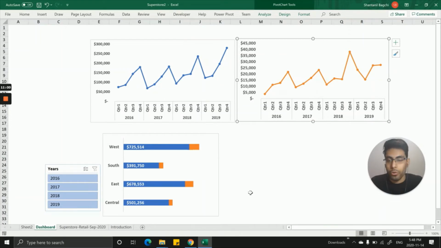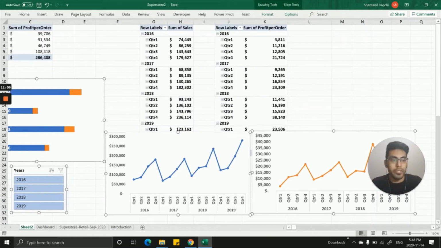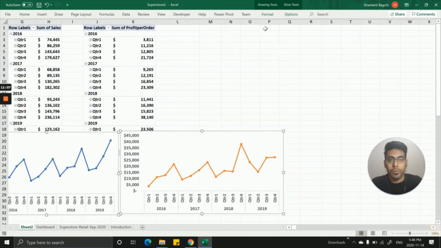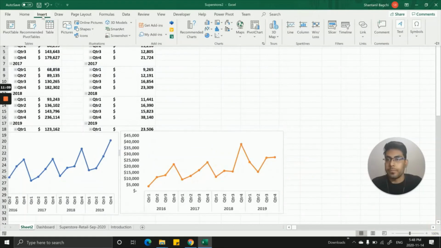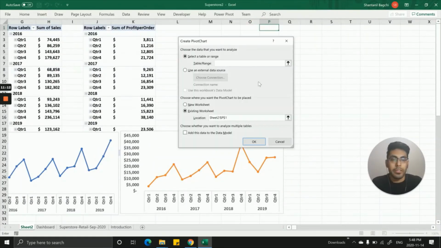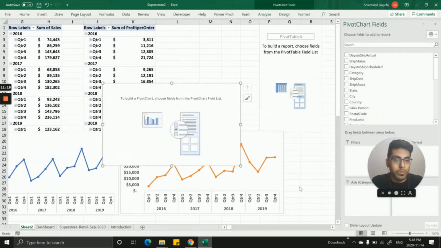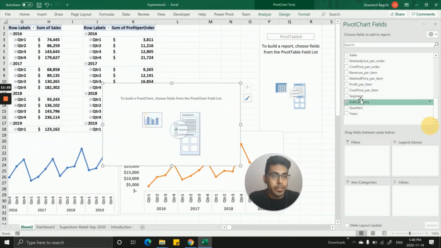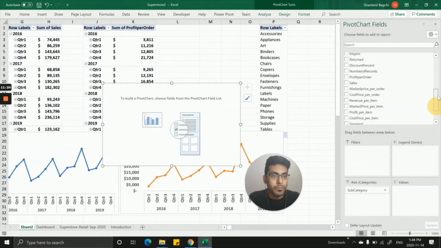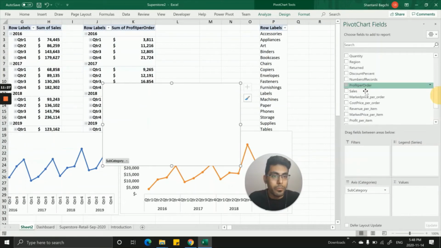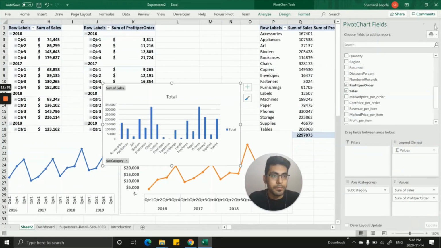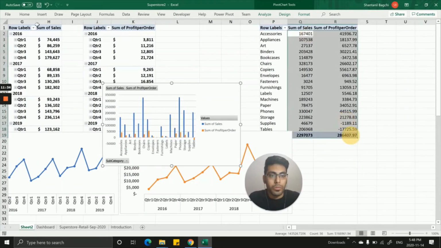The next thing that I'm going to show is how to select the top 5 or the bottom 5 values. Go to the previous sheet that we have done. This time, for example, let's see what are the 3 bottom subcategories that are not doing well. Let's bring in the subcategories over here. We will do a similar kind of thing. We will bring in the sales and the profit. Change these to dollar values.